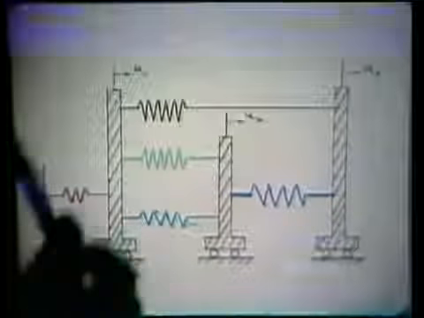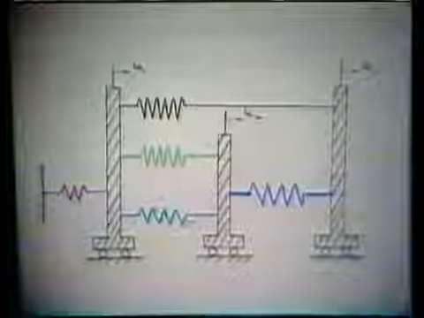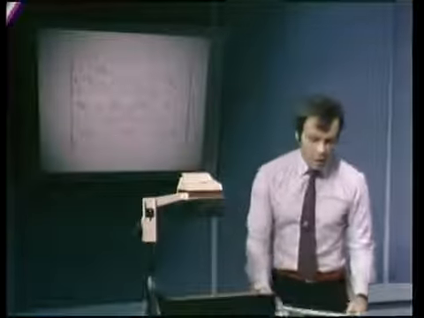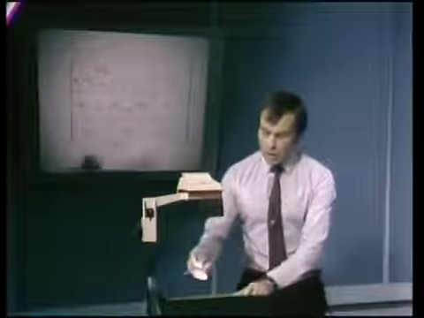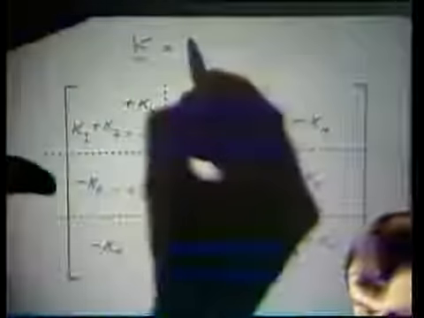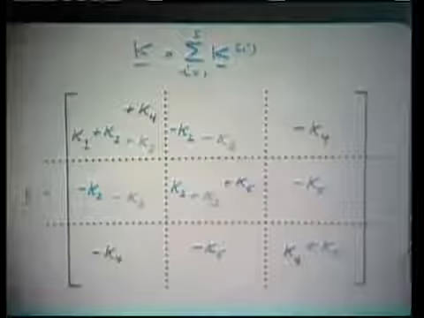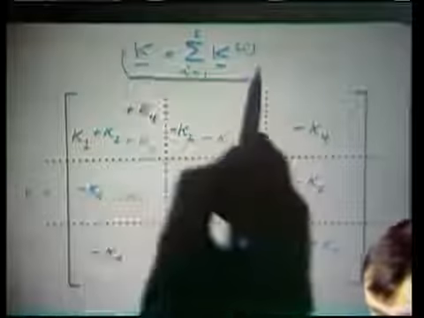So this then is the final system that we want to analyze, and this is the final stiffness matrix that we had to obtain. Notice once again, this matrix has been obtained by taking the sum over all the element stiffness matrices. We are summing from I equals 1 to 5,